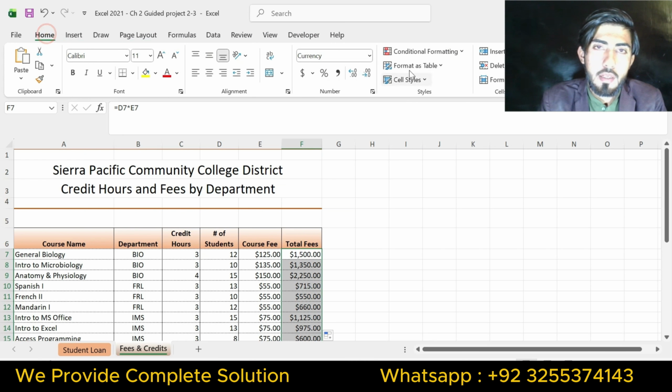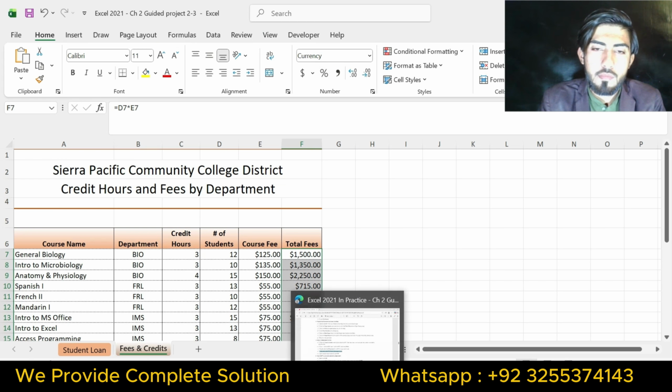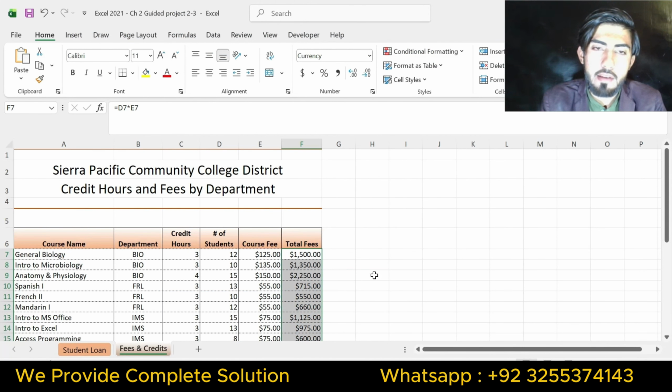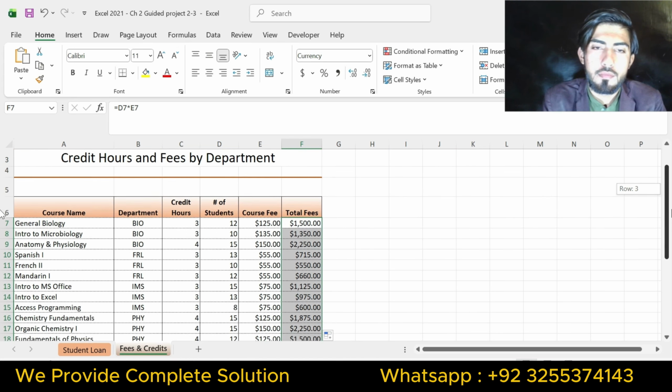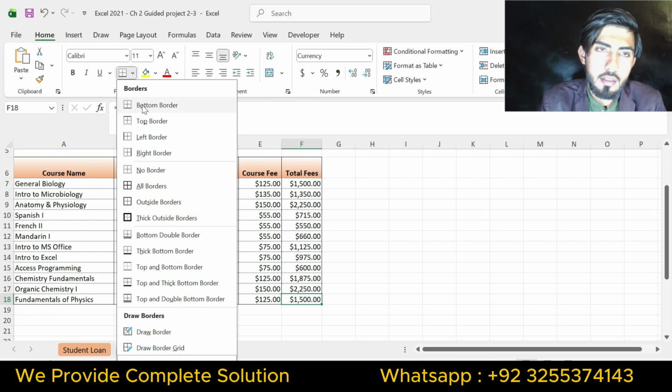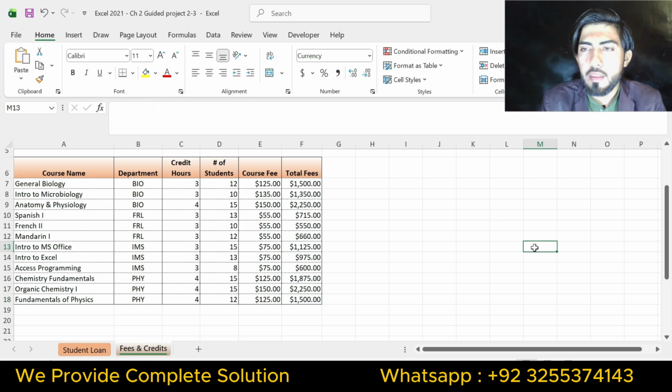This is already currency format. Part E is set a single bottom border for cell F18. Go to the Home tab, click Border in the Font group and click Bottom Border. So I have done 9 questions.